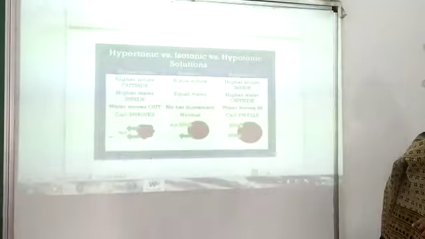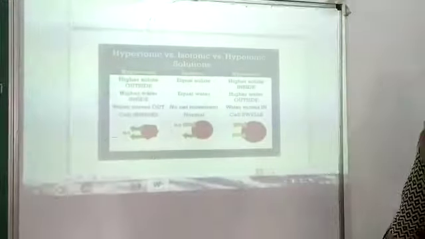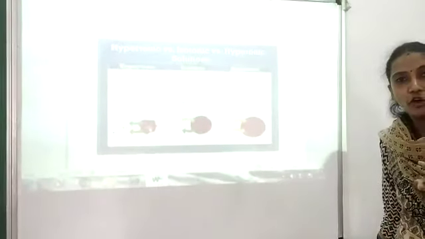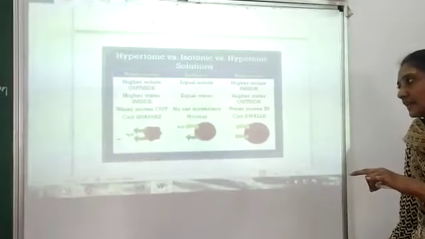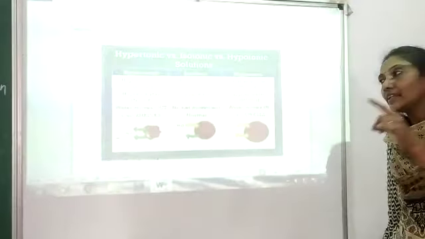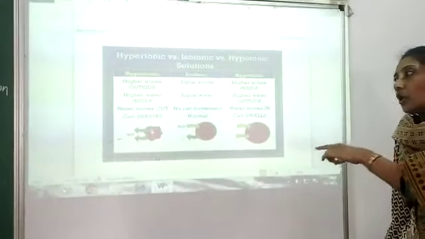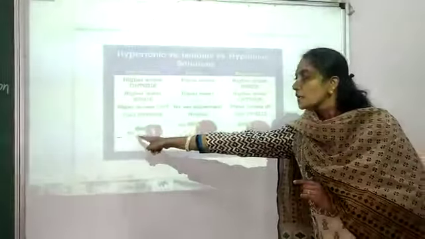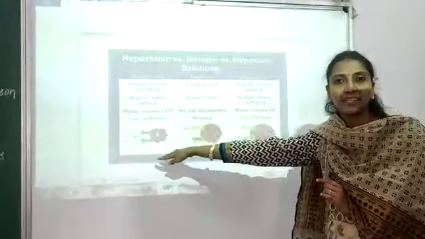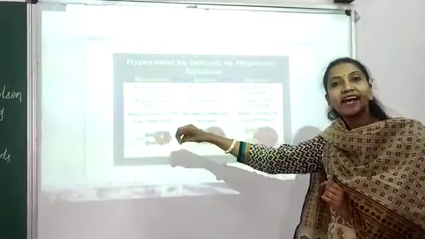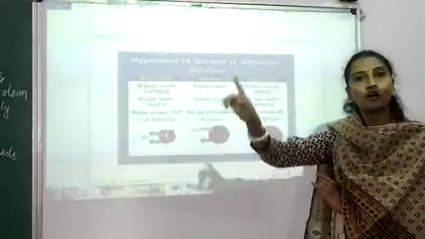So here, what is hypertonic? Hypertonic is nothing but where the water concentration is higher inside the cell. That is, more water is present inside the cell and water is less outside the cell. Now the water will move from a region of higher concentration to a region of lower concentration. Since water is moving from inside the cell towards the outside, why does it have to move? Because to maintain equilibrium, that is, to maintain equal concentration inside as well as outside the cell, the water will move either from inside to out or outside to in.